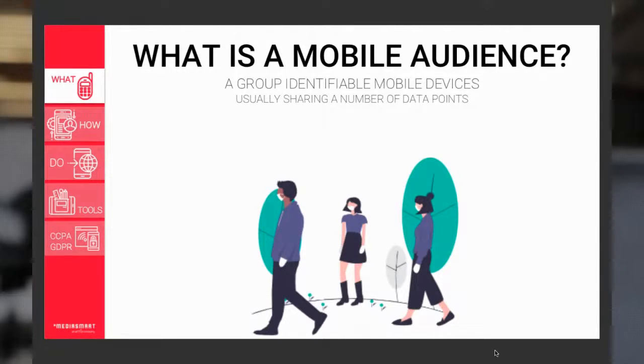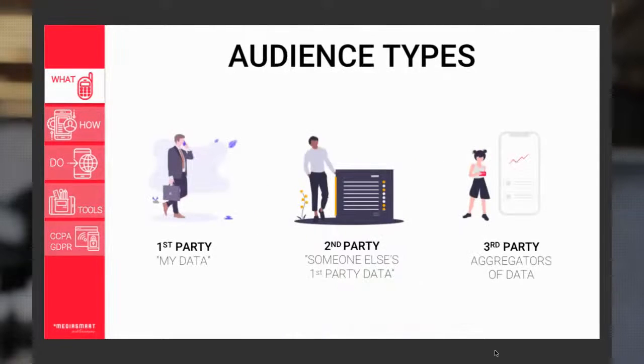But basically, what it means is the number of data points. That's how you group people into audiences. So there's 3 different types of data: first-party data, second-party data, and third-party data. The first-party data, that is most of what we're going to be talking about today, is the data that the advertiser owns and controls. So if I am an app developer, I'm an app publisher, and I have data about